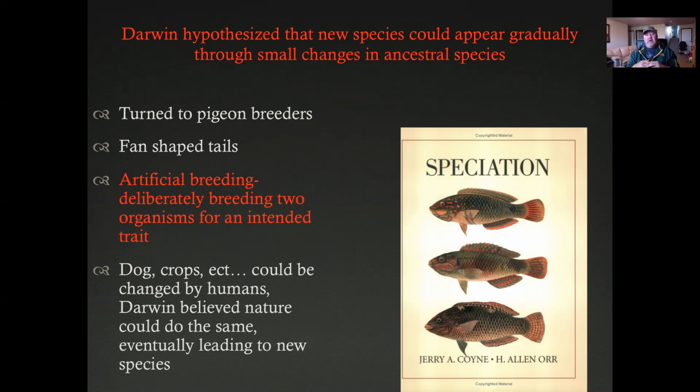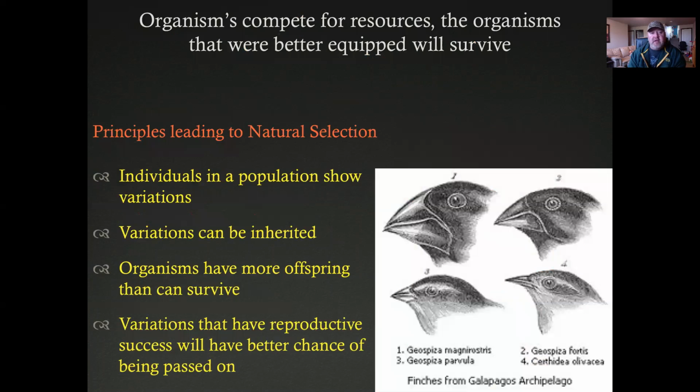Maybe you want a different color dog hair. Maybe you want a dog that has that reddish color hair. So you find 2 dogs that have close to that, you breed them together, and then hopefully they have that reddish color hair. So we do this all the time. We do it with dogs. We do it agriculturally. We do it with tons and tons of different stuff around the planet. We're able to do this artificial breeding. And what he came to believe was that this happens naturally. And it turns out that he's right. Okay, so organisms compete for the resources that they need, and the ones that are better equipped to survive are the ones that are going to survive.